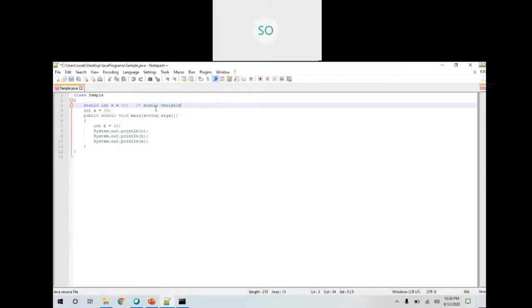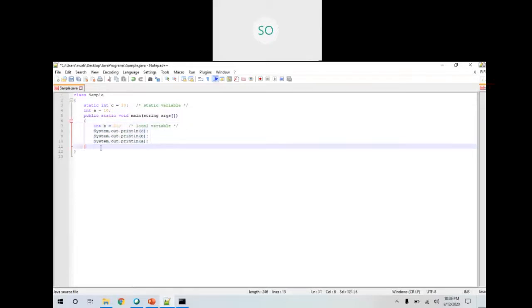So this is a static variable which is defined inside the class Sample. So this variable can be accessed directly. Now this variable, int b, is called a local variable, which is defined inside the main method.